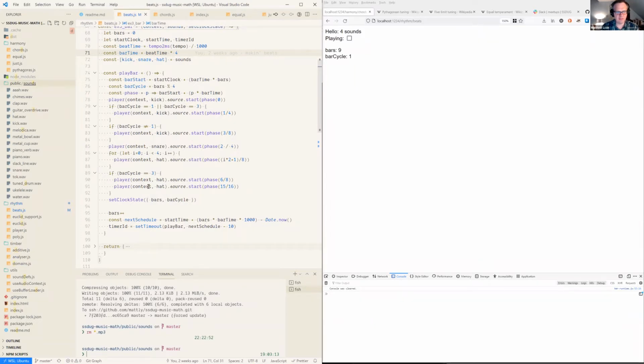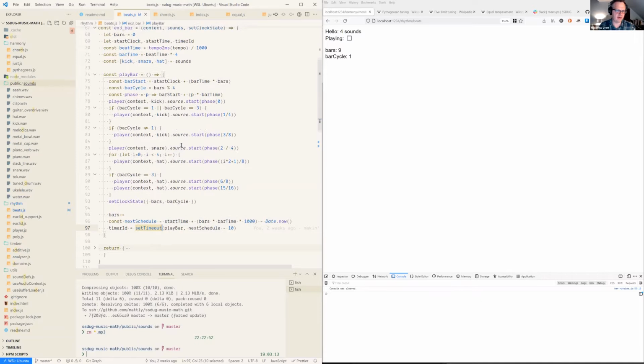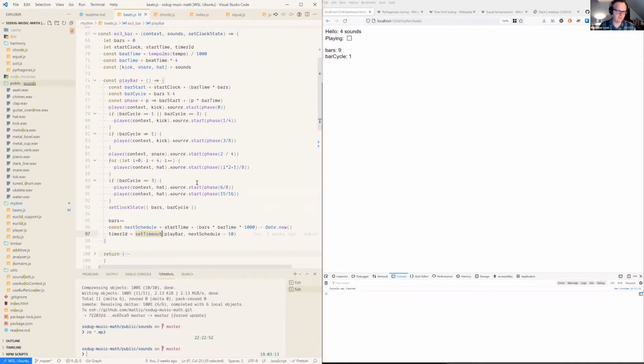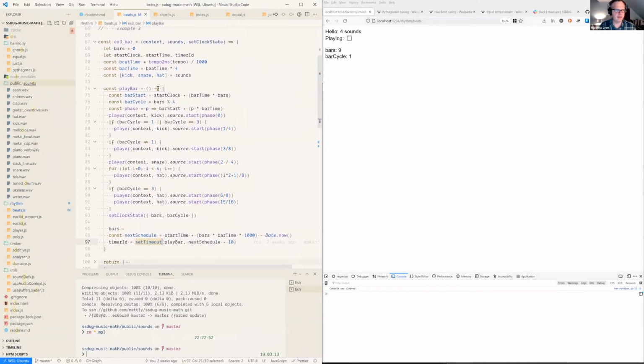And rather than using setTimeout to actually say play this now, because the JavaScript clock is somewhat inaccurate, and the notion of timing and tightness is very important to rhythm, the Web Audio API provides us with an actual clock. I had created this thing to kind of abstract it away, but